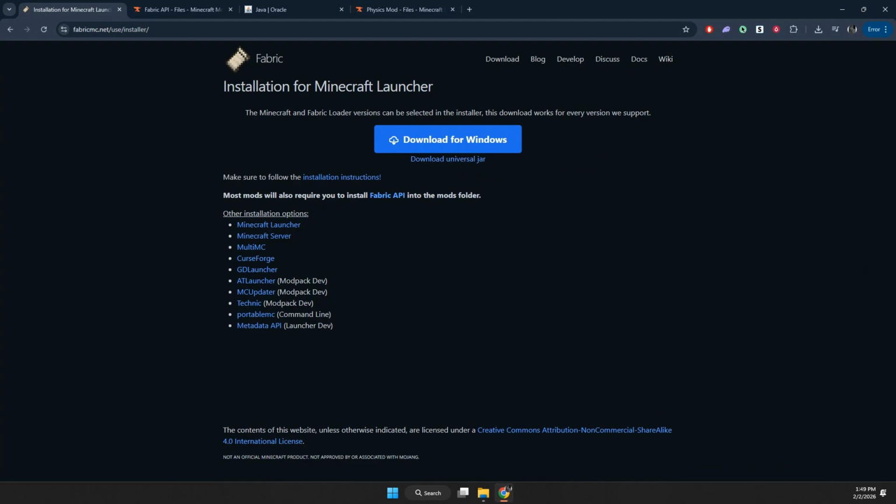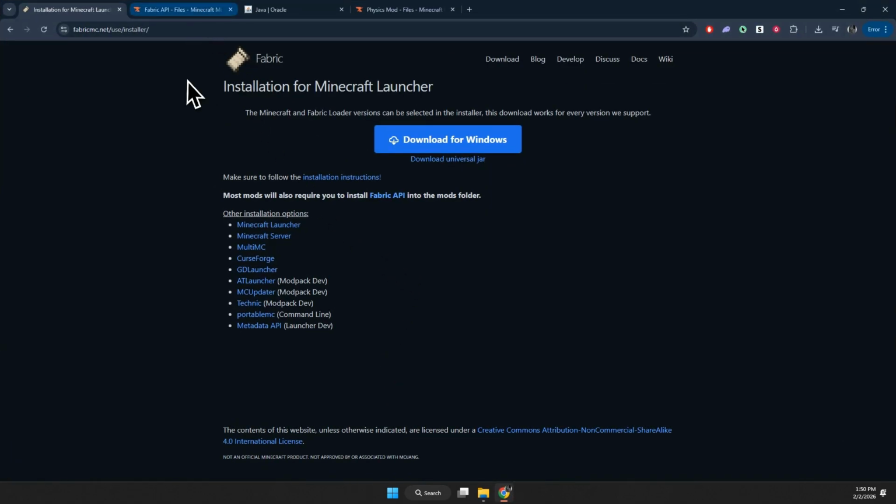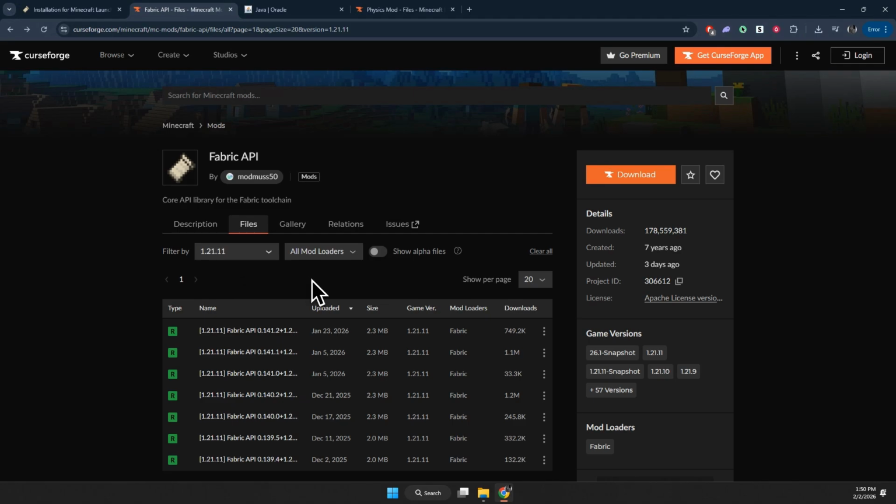Search for Fabric Loader and download the Universal Jar for Minecraft 1.21.1. Once the download finishes, move the Fabric installer to your desktop so it is easy to find. You will also need Fabric API for mods to work correctly. On the same website, search for Fabric API, select the same Minecraft version, download it, and place that file on